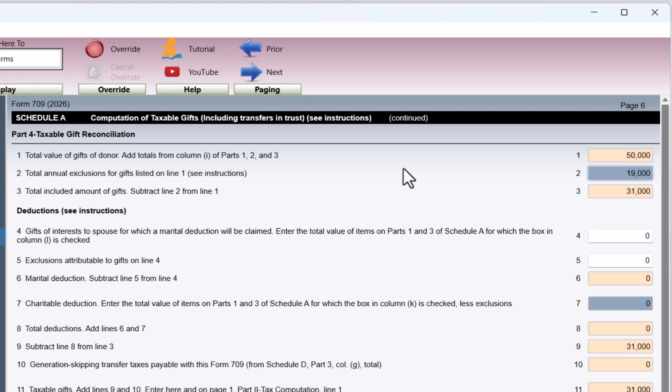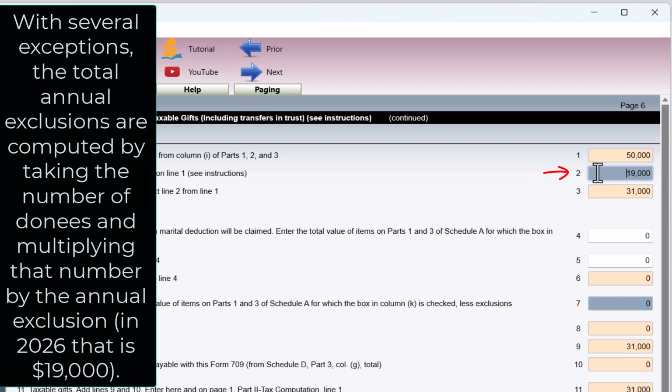So let's see where. Okay. Yeah. Here we go. So part 4, Schedule A. And that is where the totals from parts 1, 2, and 3 of Schedule A are tallied, and you see that on line 1. The other thing, and the one you always get questions about, is the annual exclusion. And here I had only put in one person, and so it correctly gave me, at least for 2025 and 6,